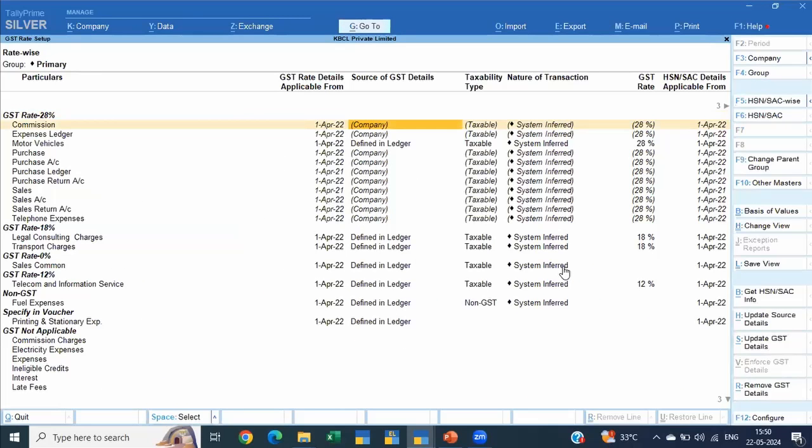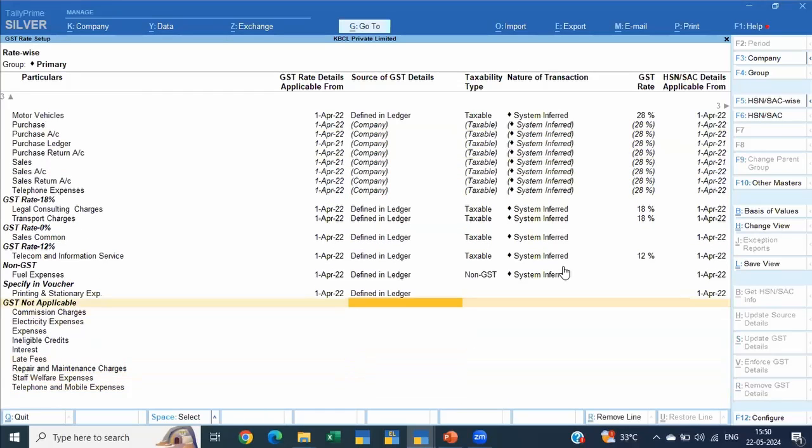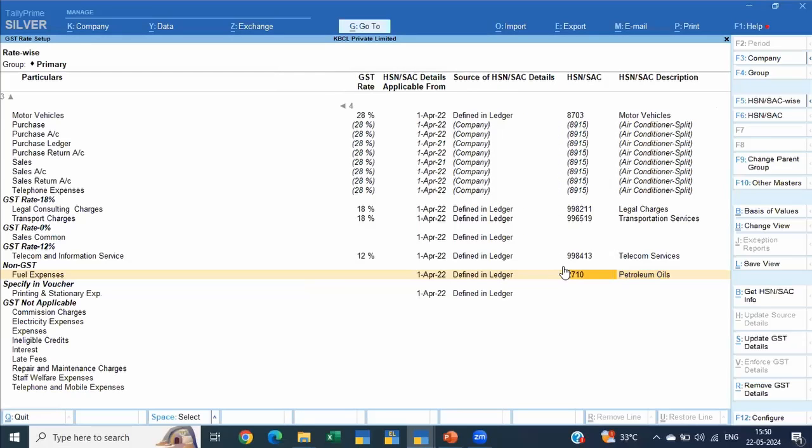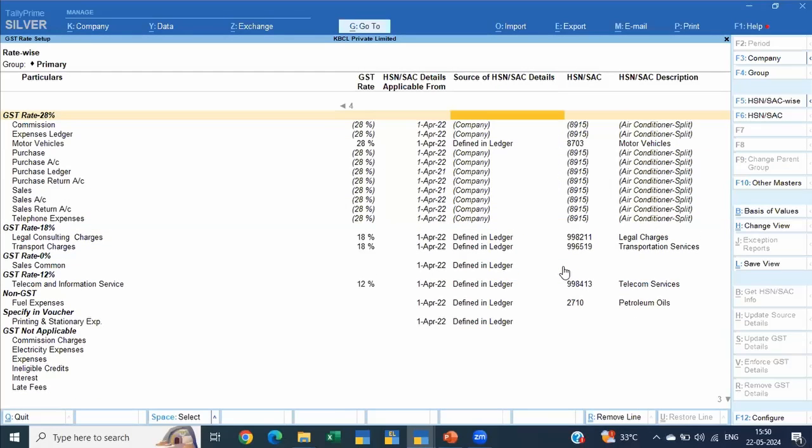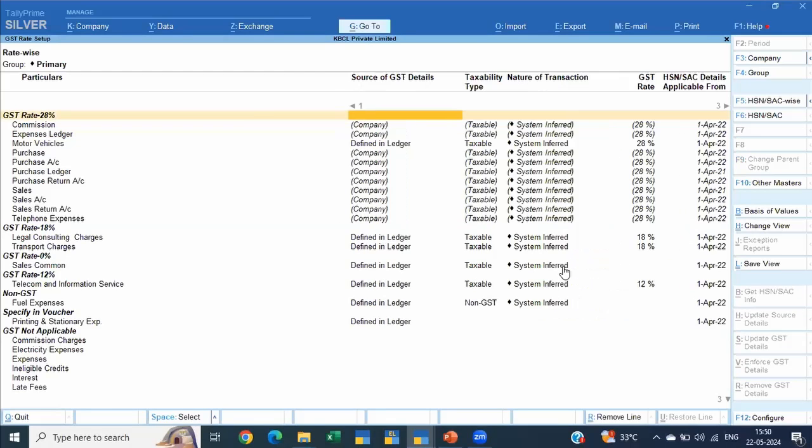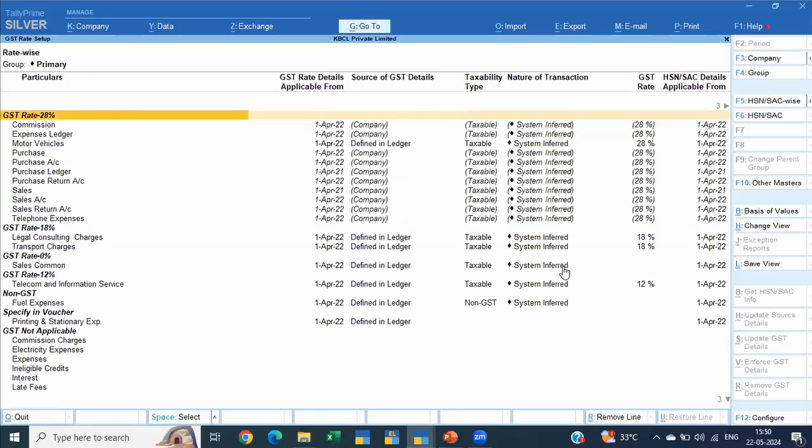If you just look at this, the source is at company level, mostly company level. Wherever it is ledger, you might look into the ledger. Only where the item, or the inference, is from the voucher, that is what you might have to do in-depth analysis with. So in this scenario, for your audit of, say, rate and all of that, once you have checked whether the rate is correct, wherever it is system inferred, automatically everything has been checked. Like that, you can finish your work faster.